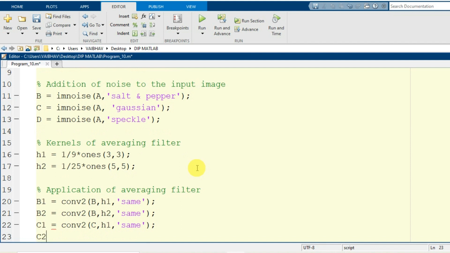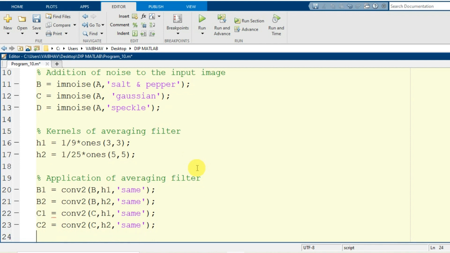Then C2 will be generated with the same type of syntax, conv2, inside the parenthesis C comma H2 comma, here I write same. Now this is the averaging filter operation onto the noise affected images of Gaussian type to the original image we read in the MATLAB environment.